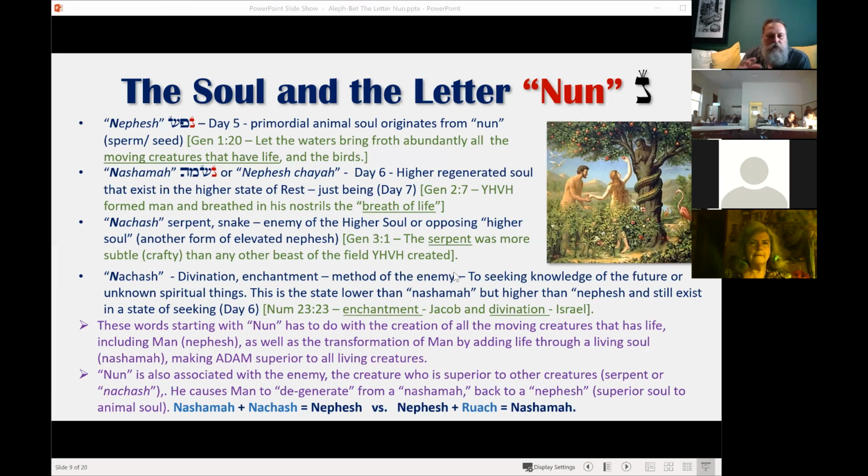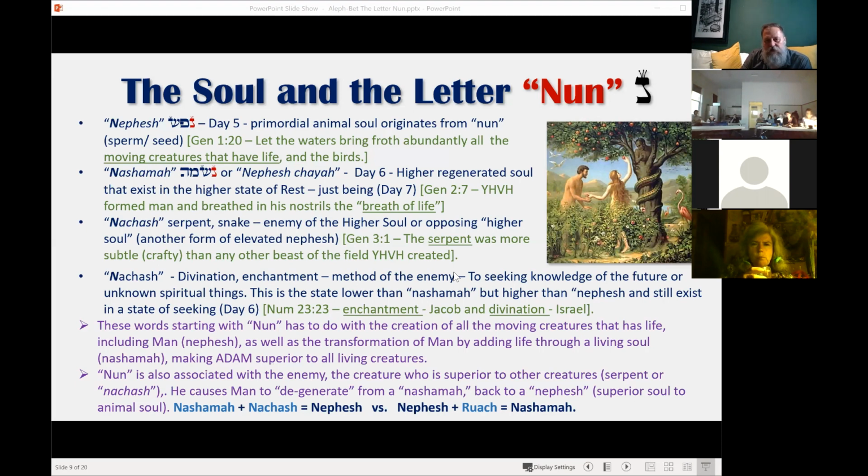So the serpent, or the opposing force, wants to pull you down to his level, which is still a higher level than an animal, but it is in a negative connotation. And in that negative space, you live in a state of day 6, no longer day 7, which is rest just to be, where there's no strife or no troubles, no issues, because you now are in a state of unity. Day 6 is in a state of duality, where there's always opposition, opposing forces.